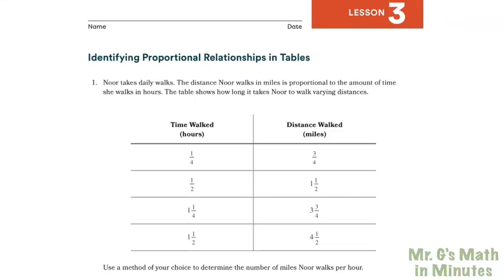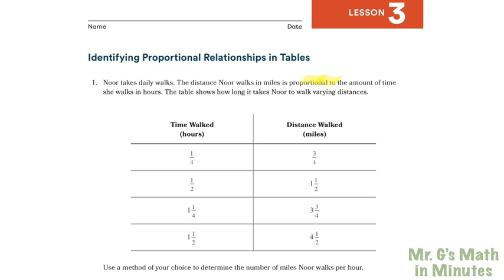All right, so in this lesson, we're looking at 7th grade, Module 1, Lesson 3, and then one problem from Lesson 4 so we can get that concept of proportional graphs. In Lesson 3, we have our first problem where it says Nora takes daily walks. The distance Nora walks in miles is proportional to the amount of time she walks in hours. So we're not trying to find whether this is proportional or not because it tells us here that it is proportional. What we're trying to figure out is being able to determine how many miles Nora walks